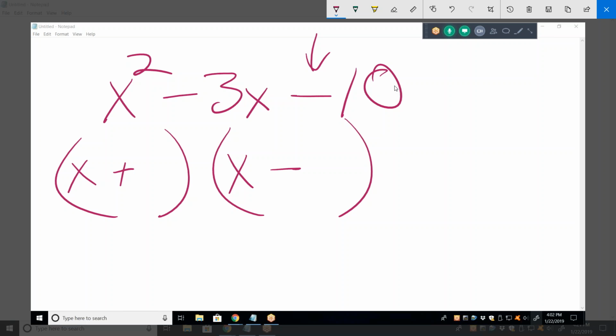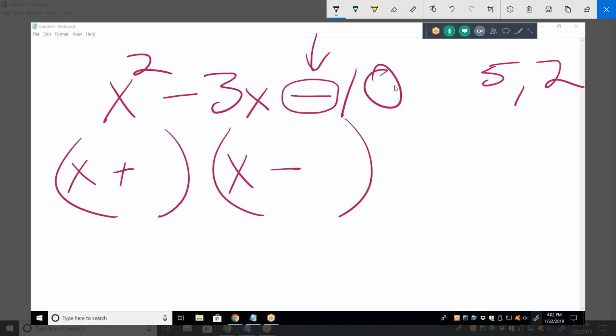Finding the factors of negative 10 that add up. Nope, just 10. Factors of 10 that do what? That add to 3. This negative sign means they have to subtract to the 3. So what are my two factors that subtract to the number 3? 5 and 2. Now that's 3 steps, but there's a 4th step because now it matters where we put